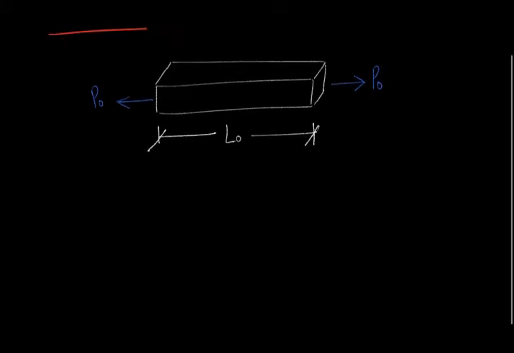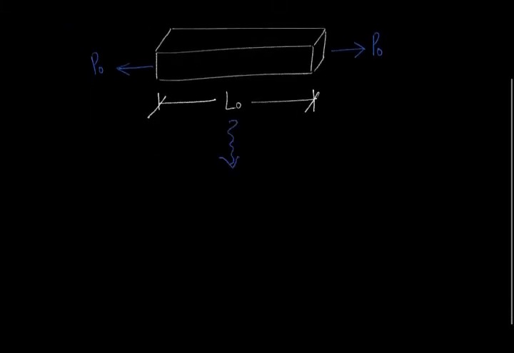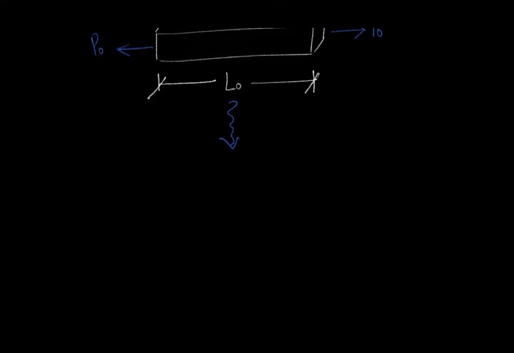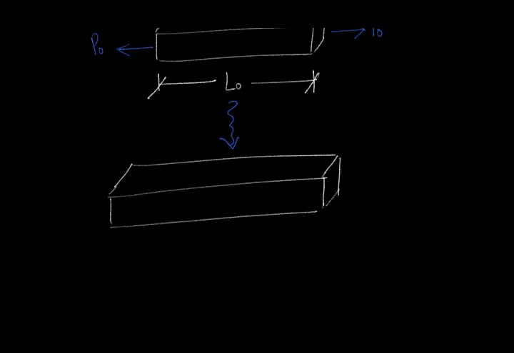So this body will get stretched under the application of force P naught, it will get elongated like this, and then this L naught will turn out to be L1 under the application of this force